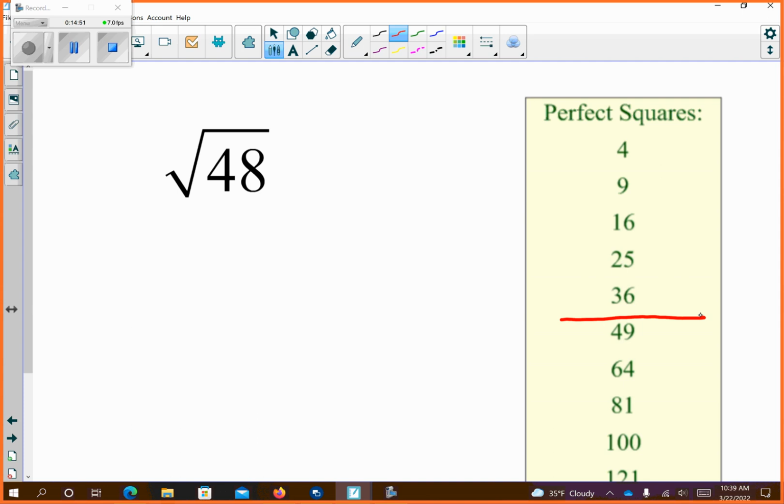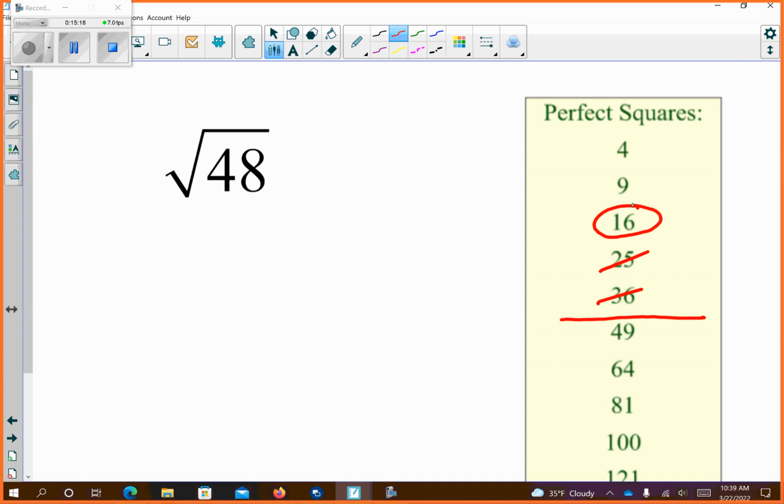Can I go 36 times something to get 48? 36 times a whole number? No. 36 times 1 is 36. 36 times 2 is 72. That's not going to work. Agree? Ooh, 16? So that doesn't work. 25 isn't going to work because if I go 25 times 2, I get 50. But then 16 is going to work. Now,